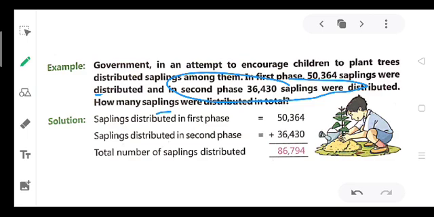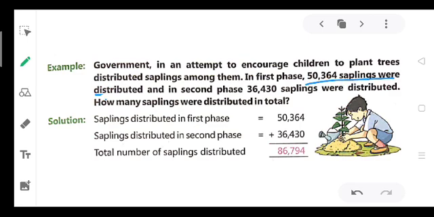Total means first phase, second phase, it means these become more. So what comes to your mind now? First thing, the statement is clear now. What will be the reasonable statement here? Saplings were distributed